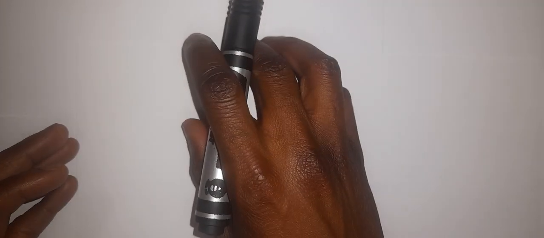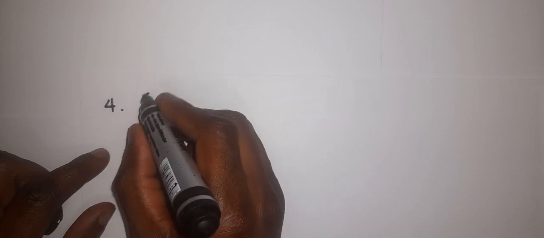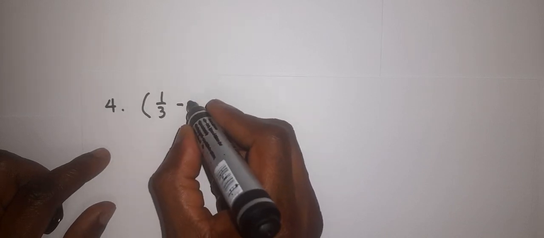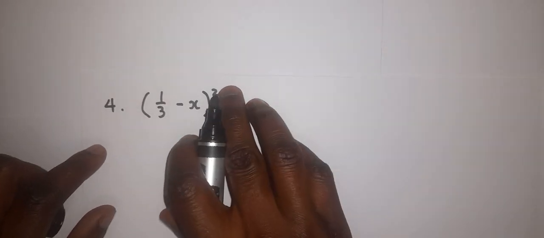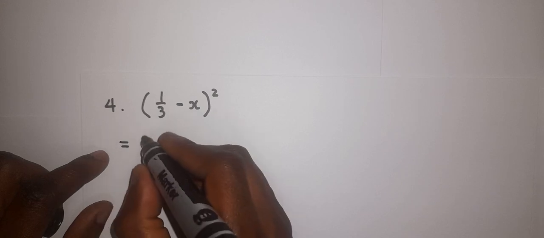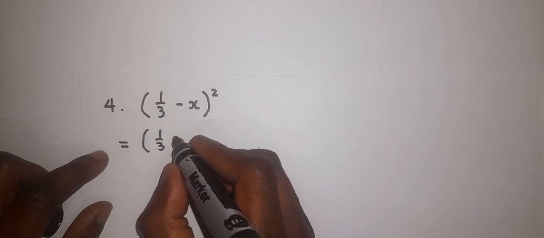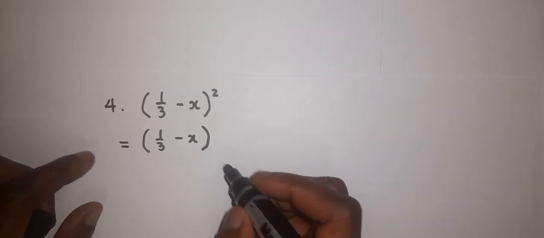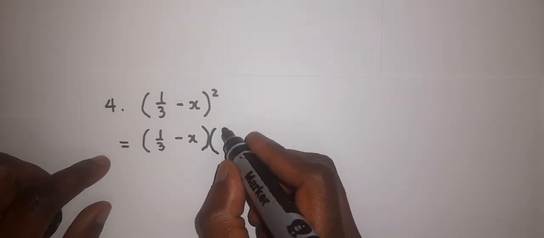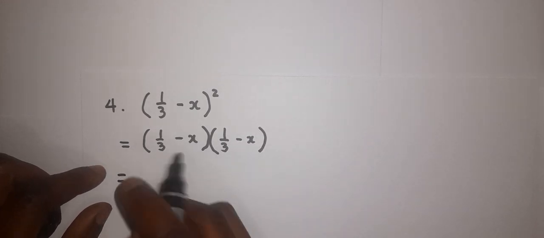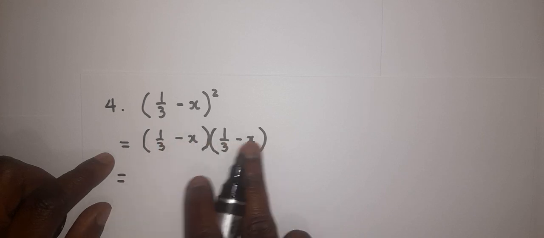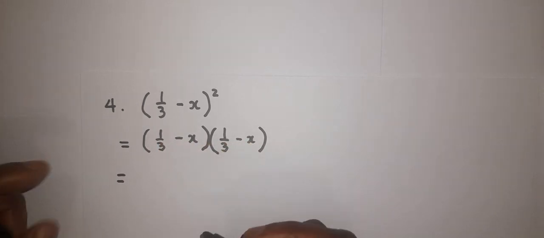I just want to do as many as possible to explore the different ways in which they can come. The next one would be a third minus x, and this is squared. So we have our binomial, and our binomial this time around is squared. One way a person can do this is 1 divided by 3 minus x. A square tells us that the bracket is repeated twice. So we have a third minus x. Same principles, they don't change. This multiplied by this multiplied by that, this by that, this by that, taking into account the laws of exponents